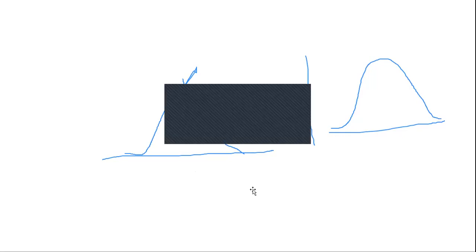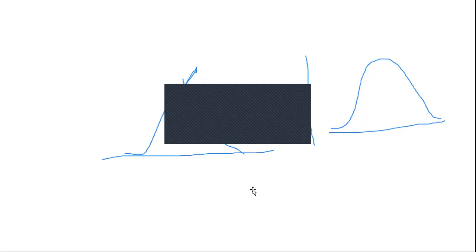See here, when the data is showing like this, the mean, median, and mode are equal. That is called symmetrical distribution. When the values of mean, mode, and median are not equal, the distribution is said to be asymmetrical or skewed distribution. For example, see here, this is a positive skewed distribution, and this is a negative skewed distribution.